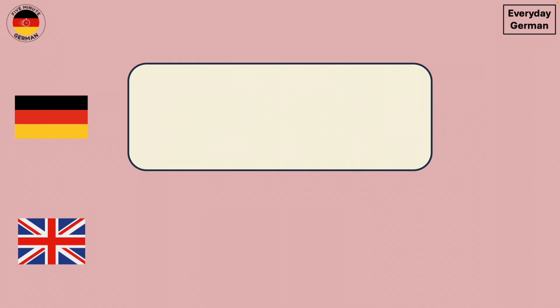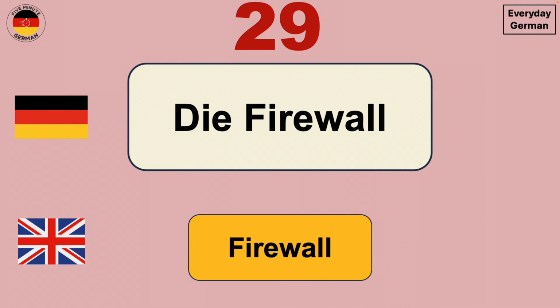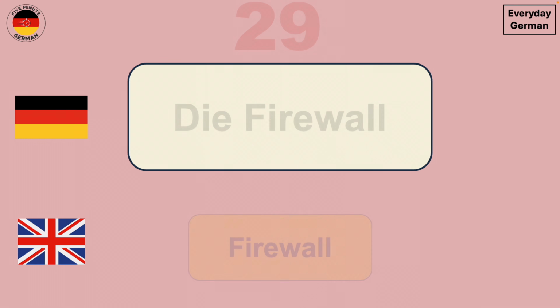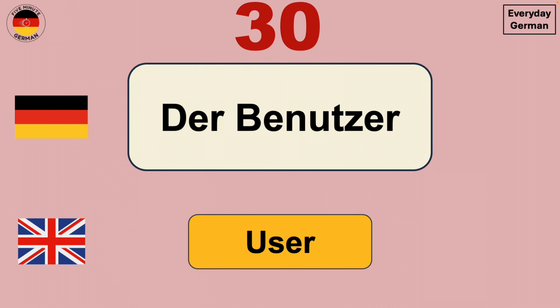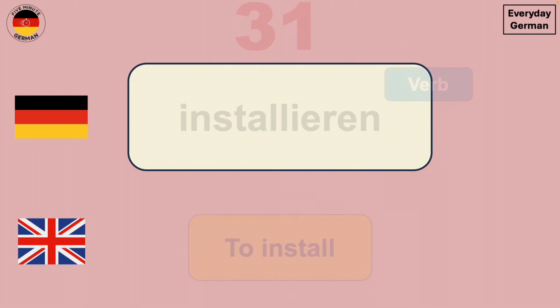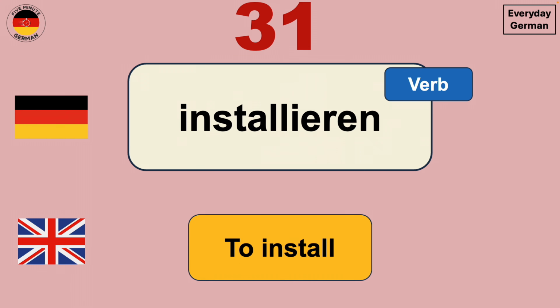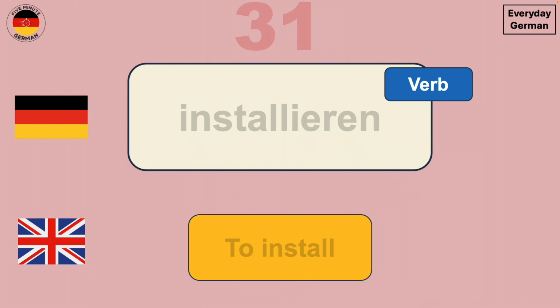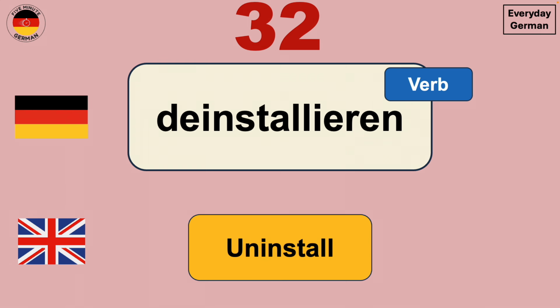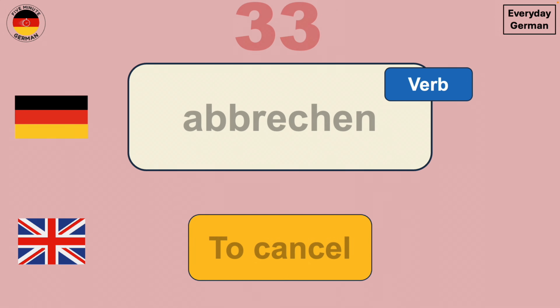Then we have the Firewall, which is a firewall, the Firewall. After that we have der Benutzer, which means user, der Benutzer. Then if you want a new software on your computer, then you do installieren, which means to install, installieren. And if you don't want that software, then you will do deinstallieren, which means uninstall, deinstallieren. The next word is abbrechen,